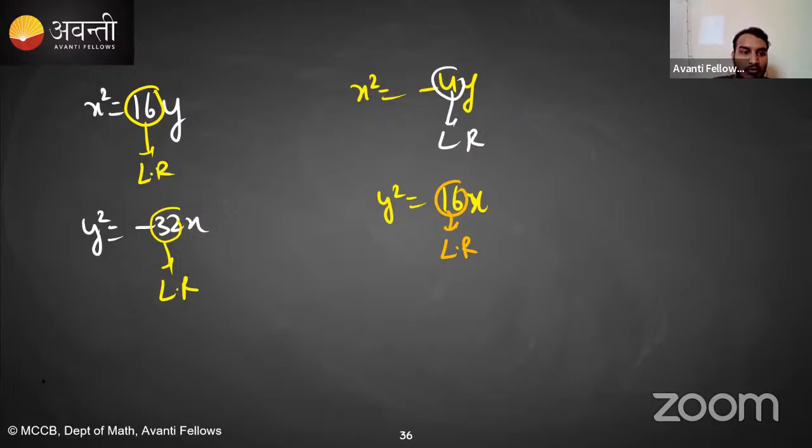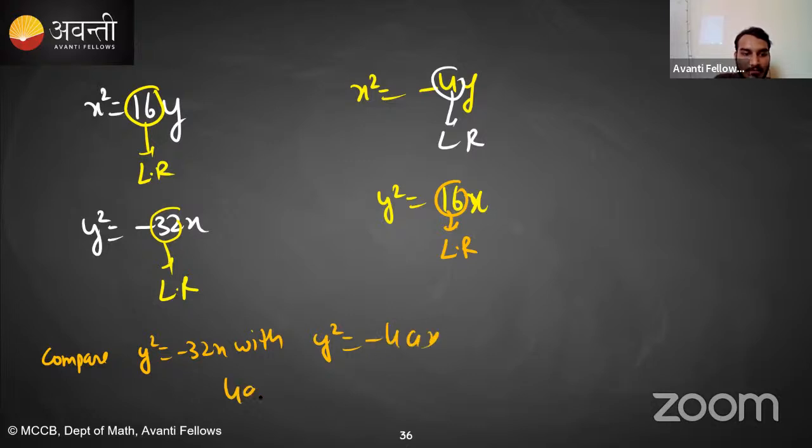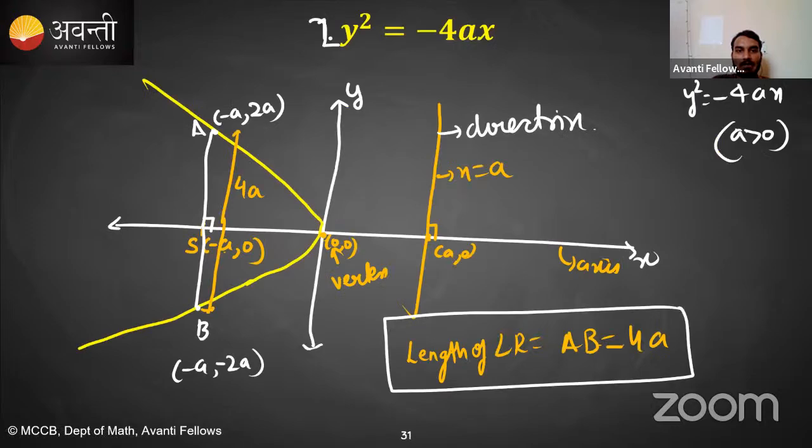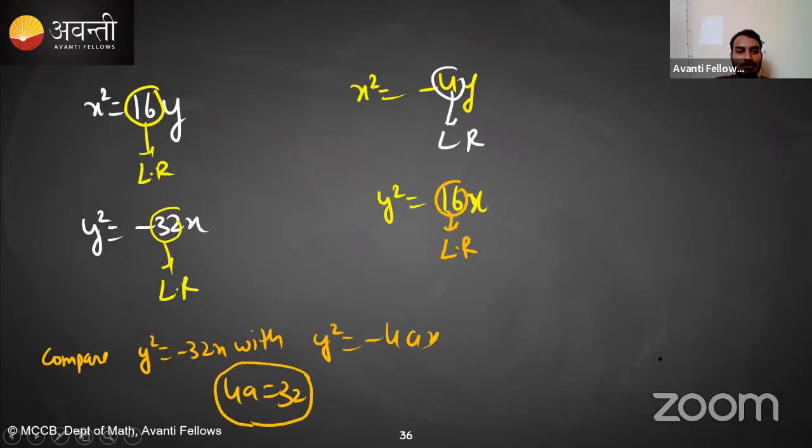Yes or no? So if you compare, let's say, y square is equal to minus 32x with y square is equal to minus 4ax, 4a is how much? 32. Yes or no? And what is 4a? Length of latus rectum, we have already seen here. y square is equal to minus 4ax, length of latus rectum is 4a. Right? So similarly,